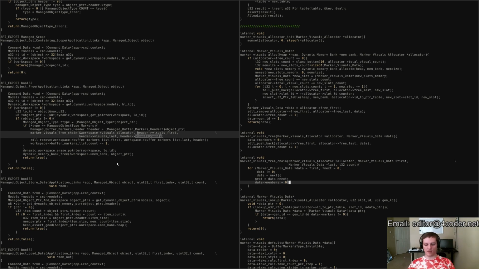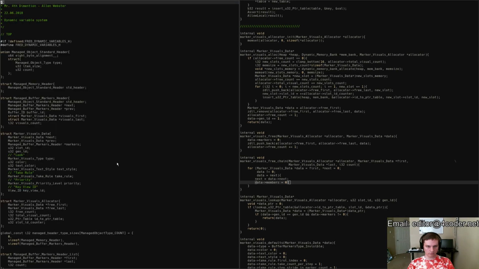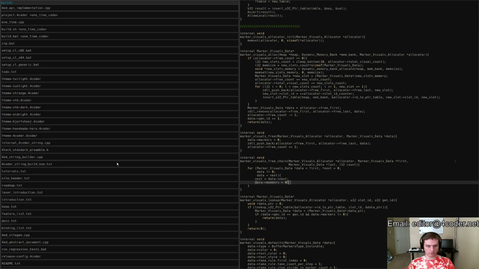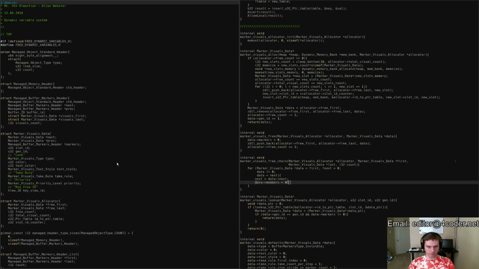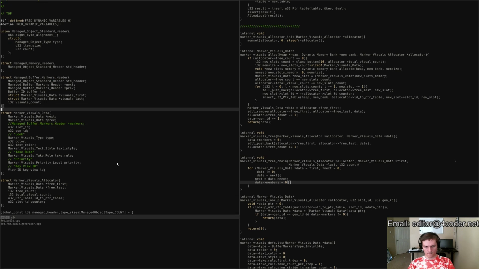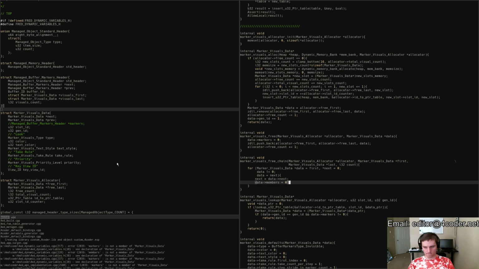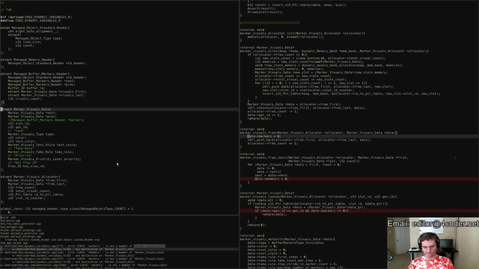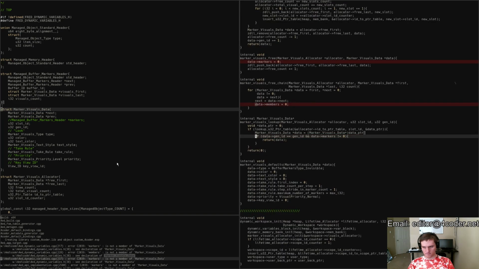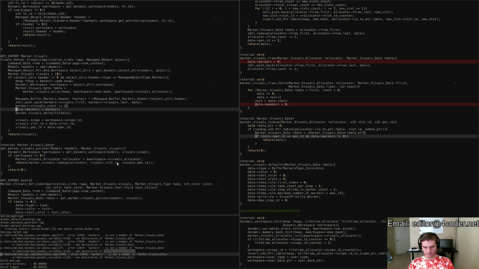The pointer takes you to the thing when it's live. But when do we actually need the pointer besides right now? We don't. Okay, so what we're going to do